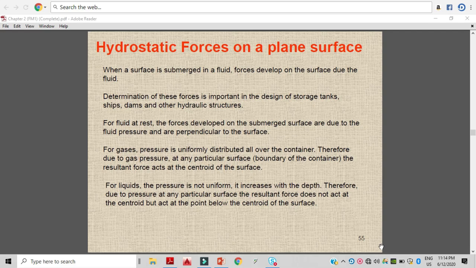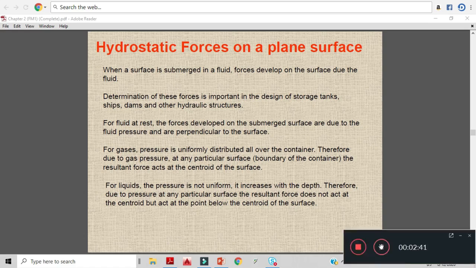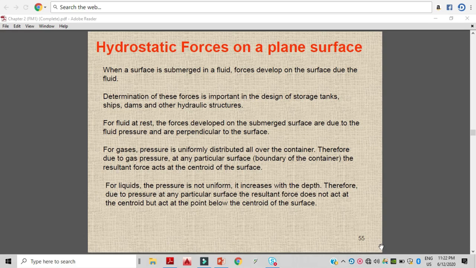If the distributed pressure on the submerged surface is non-uniform, then the net resultant force will act below the centroid of the surface. Let's consider a